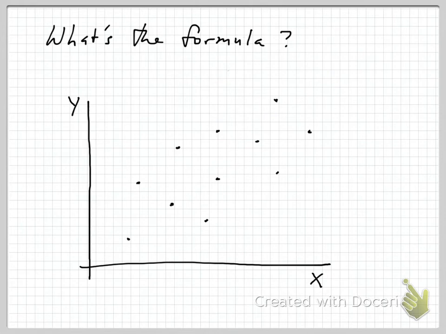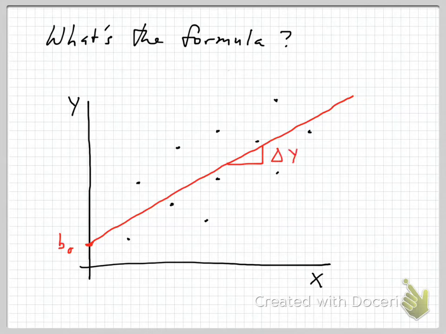Now, let me redraw that sketched line that I think goes more or less through the vertical middle of the data. And let's ask, what's the formula for that line? Well, you remember from somewhere in middle or high school that the formula for a straight line has an intercept, which in this course, for now, we're going to call B0. That's where it passes the x equals 0 axis. And it has a slope, and the slope is the rise over the run. And the rise is the change in y for a unit change in x. And we're going to call that slope